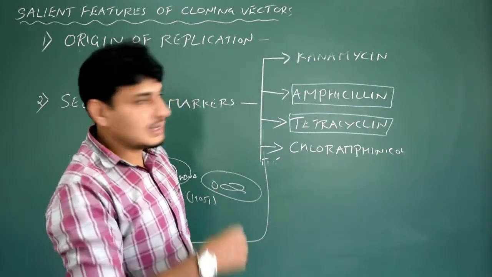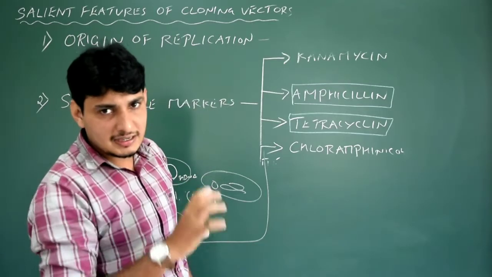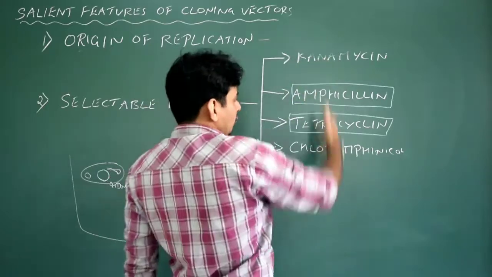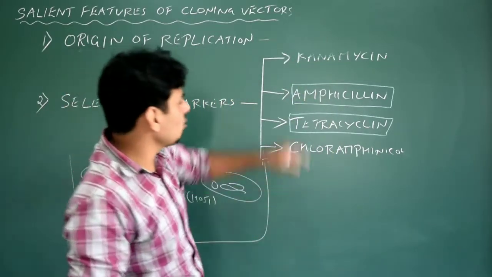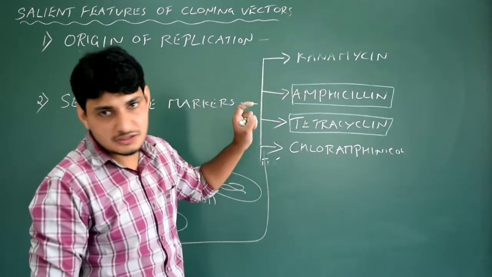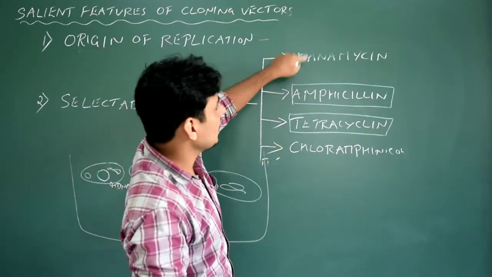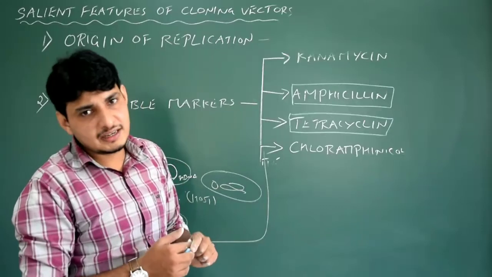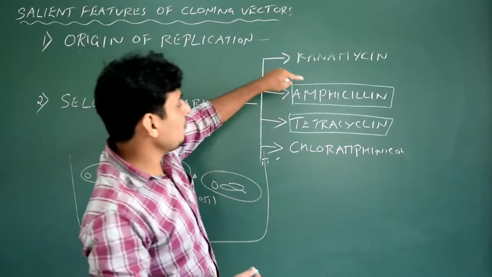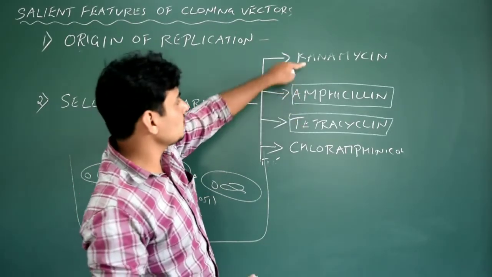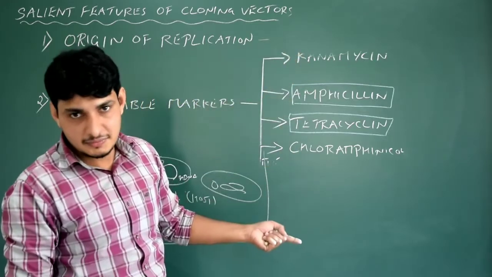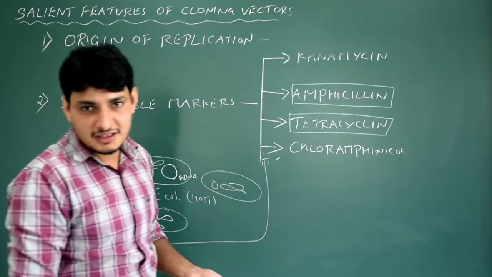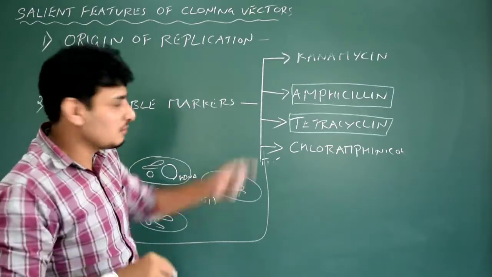But one thing to remember: if you take one plasmid from a single specific species of bacteria, it will not exhibit resistance to all 4. It may exhibit resistance to any 2 of the antibiotics. For example, if I introduce kanamycin to a Petri plate where a specific type of bacteria is present, and they have resistance to ampicillin and tetracycline but not kanamycin, they die. If they have resistance to ampicillin and I treat with ampicillin, they will survive. This is actually the basic principle behind it.